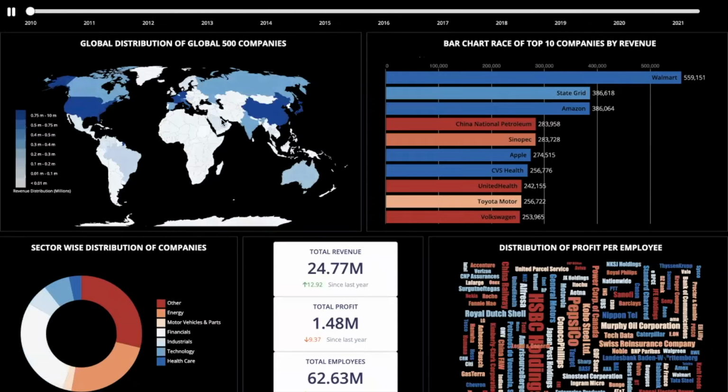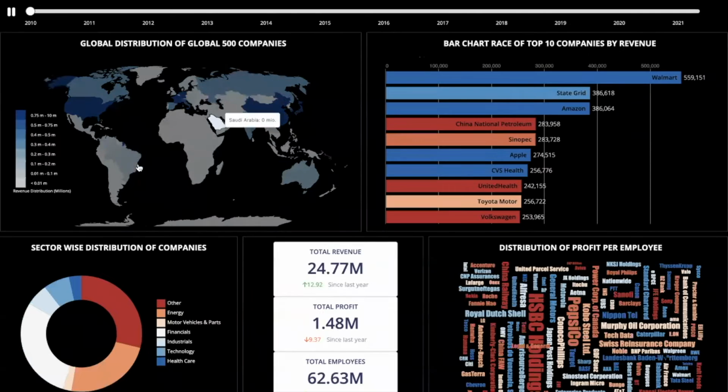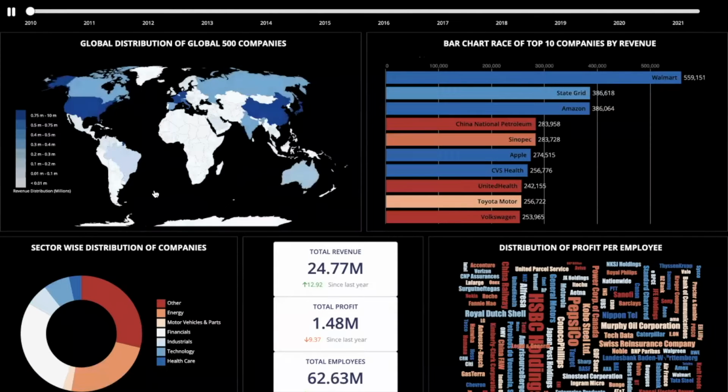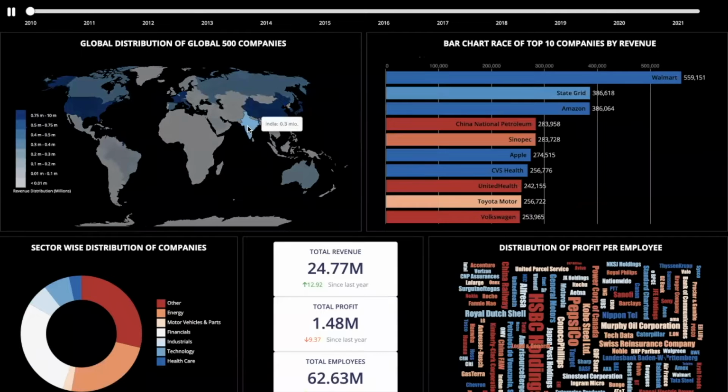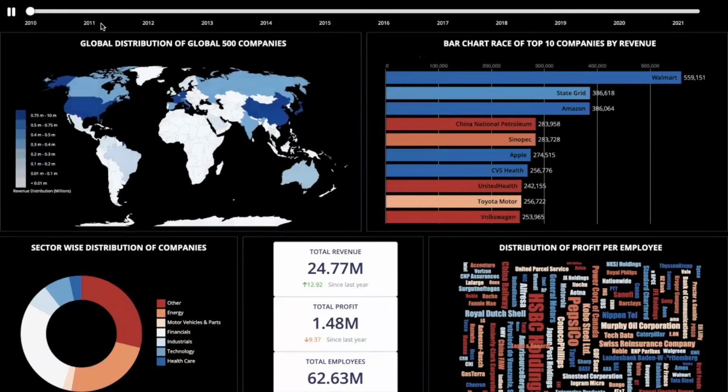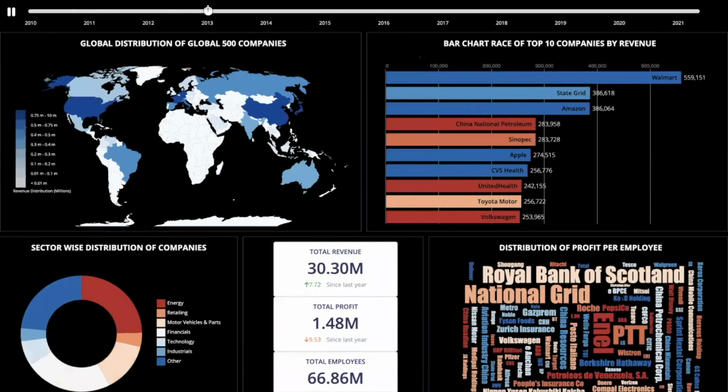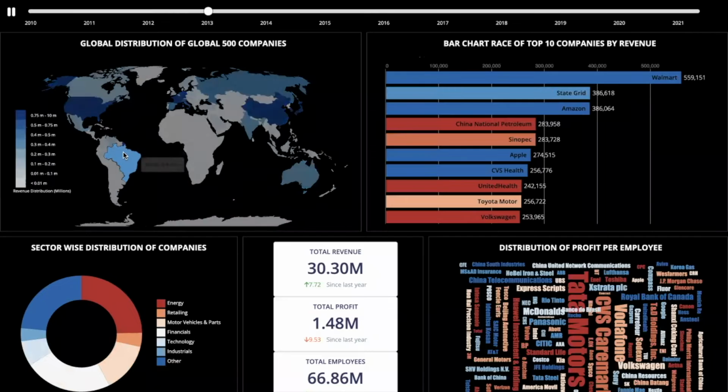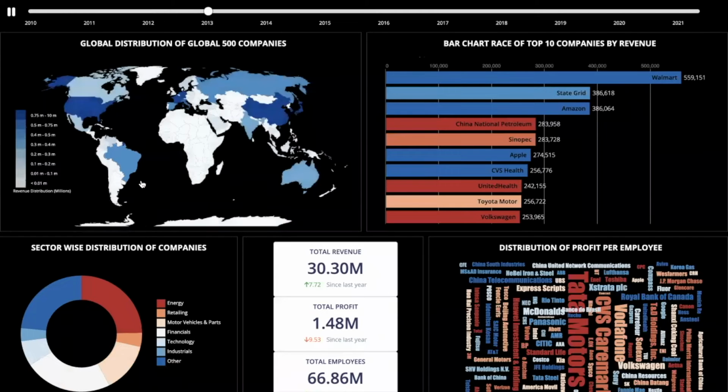So here you can see that Saudi Arabia is not having any major revenue, while Brazil is contributing only 0.2 million. So over the years, how the distribution is changing is what we can analyze based on this data. Here we can see India is having just 0.3 million, and as you can see over the years, when I go to 2013, I can see that suddenly Brazil has increased the revenue to about 0.4